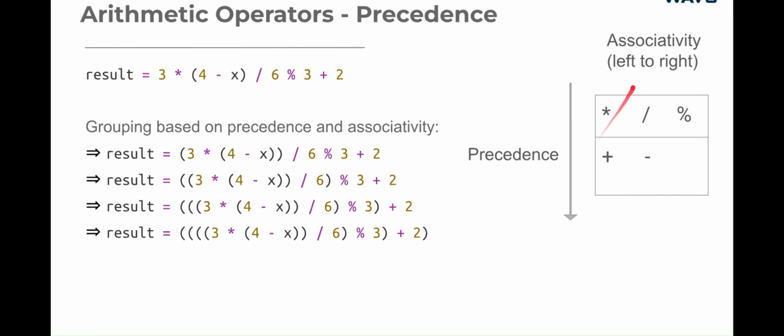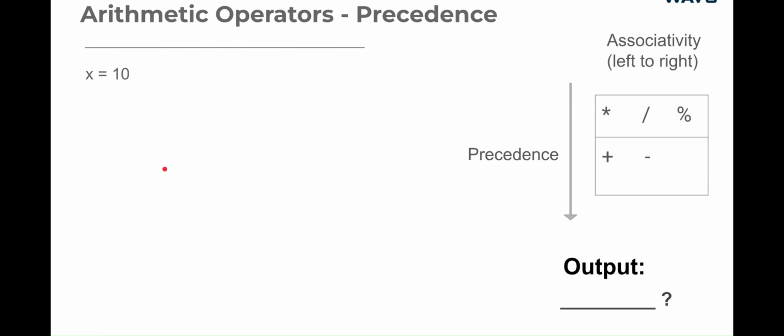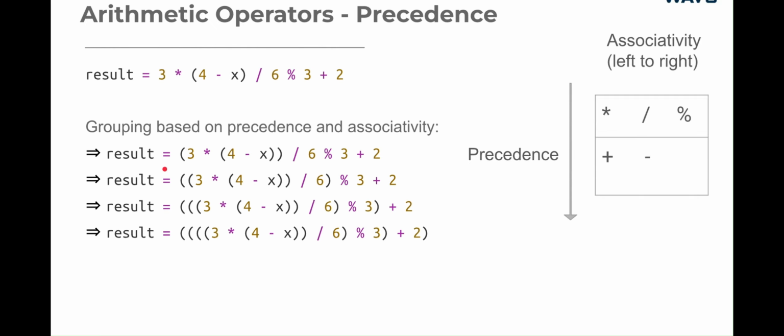Here 3 is multiplied with this condition. This is one condition, and again it is totally divided by this. This is the preference according to the associativity left to right, and it is the precedence from top to bottom. The grouping is based on precedence and associativity. Then the result will be,